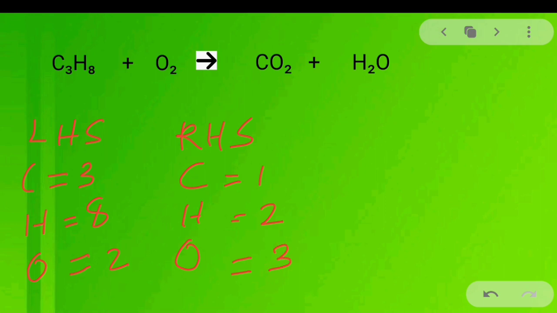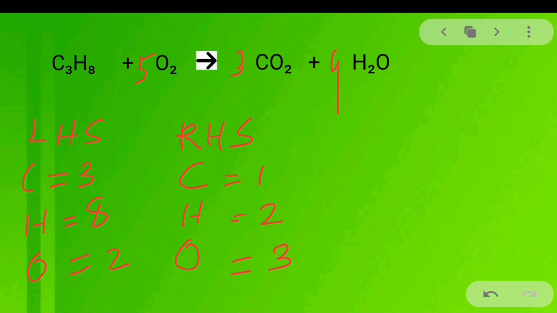Now you can see that the atoms are not balanced. So now let us start with the carbon, because you can see it is 3 and 1. So we will start with the carbon. Let us multiply it with the 3. And after that hydrogen is 2, least times occurs, so you can multiply it with the 4. Now number of oxygen atom you can calculate here. It is your 6 plus 4, it is 10. You can multiply it with the 5. So after multiplying it with the 5, now let us again count the number of atoms present in both the sides.